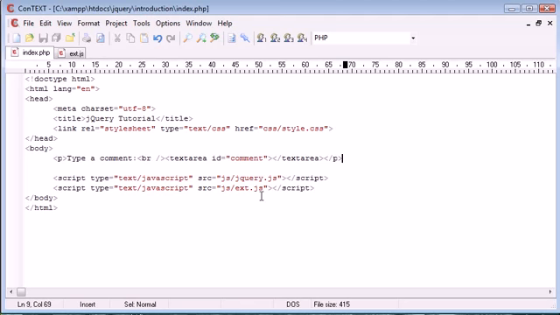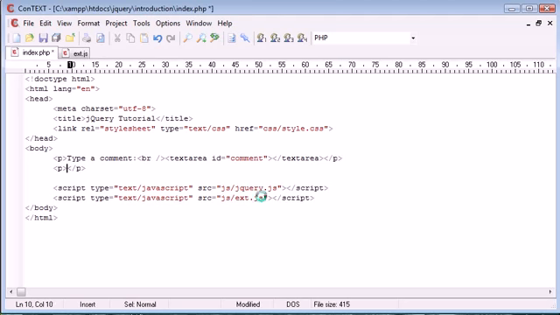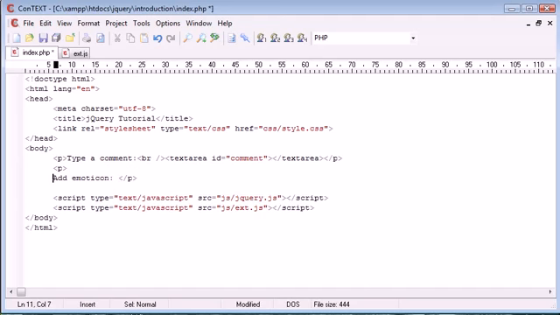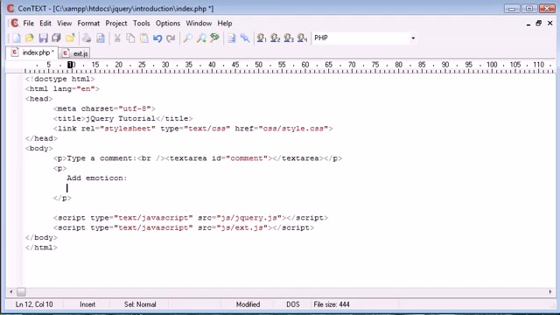Okay, so now let's go ahead and create another paragraph down here with the emoticons. So let's say add emoticon, which probably sounds better. And we'll bring this down so it's a bit easier for us to deal with and a bit easier for us to see. Okay, so what I'm going to do is create 3 buttons with 3 different emoticons in them, and they're all going to be assigned the same class. For that reason, it makes it a lot easier to then add more buttons with the same class. And we're going to use jQuery to pick up the value of the